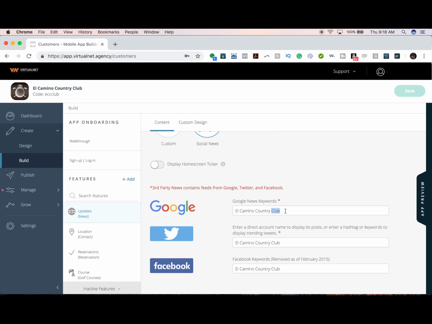I'm just going to say, let's use El Camino Country Club and then golf as my Google News keywords. And then for Twitter, maybe it's El Camino Country Club, and I want to use my hashtag because that's what our marketing team does. This is a really great way to get more intertwined with what your client's doing from a marketing aspect as well, and that's really cool. And maybe I want to do hashtag golf, hashtag Masters. Maybe you're a big Tiger Woods fan and you like to follow him, and I'm going to put hashtag Tiger